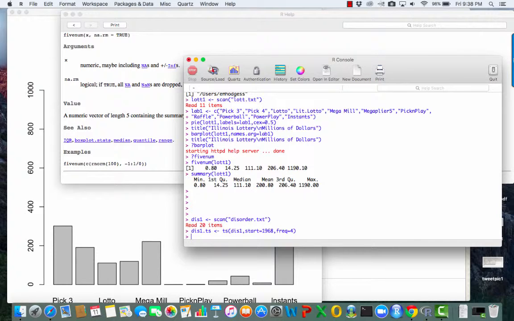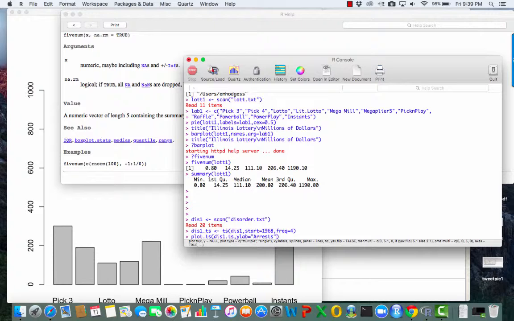And we want to plot a time series. So I'm going to say plot.ts, and we are going to say dis1.ts. And the Y label is arrests. Now, when you have a time series,